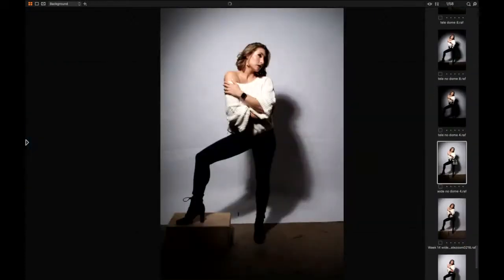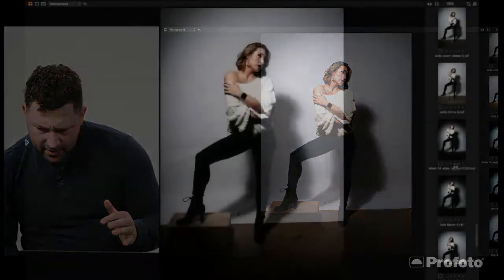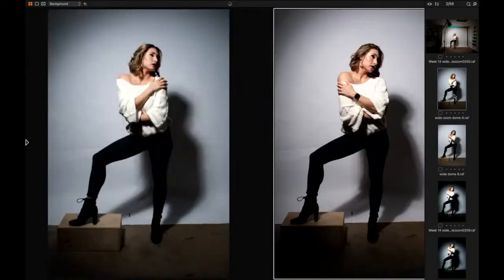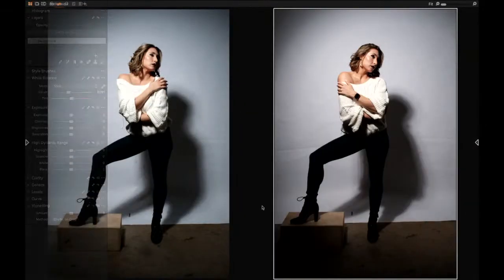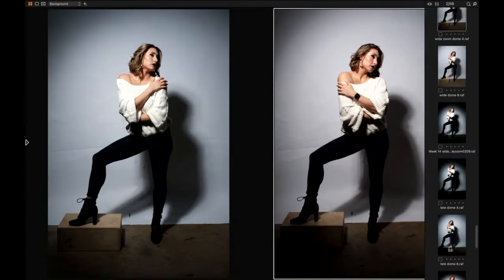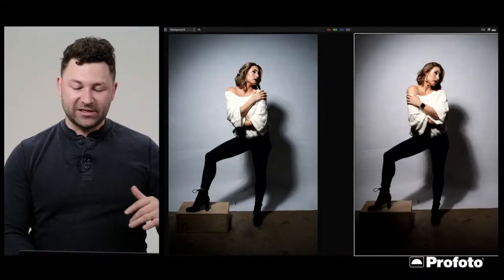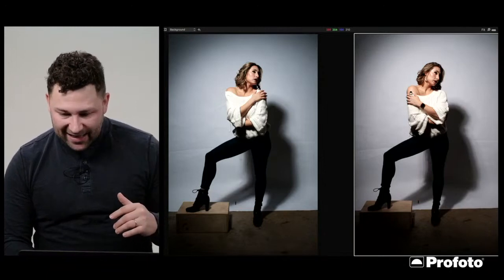So now let's do a wide zoom, no dome, and then wide dome here. So here, these both are at zoom position of 4, if I'm not mistaken. I want to make sure I have them. So no dome, 4, dome 4. Okay, cool. Here's the same position. So no dome, the light's a little bit wider. I could have also aimed it a little bit more over, but I don't necessarily think that's the case. I think just the way the light's being gobbled up with the wide zoom and no dome, it's a little bit wider, a little more even. If you look at the highlight here on the shoulder,